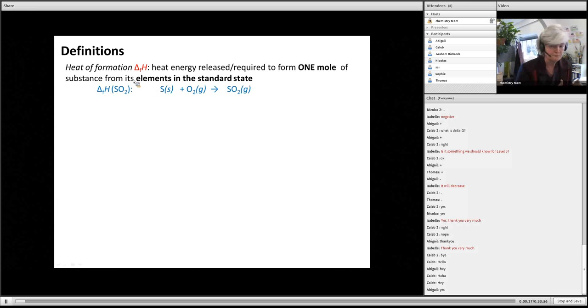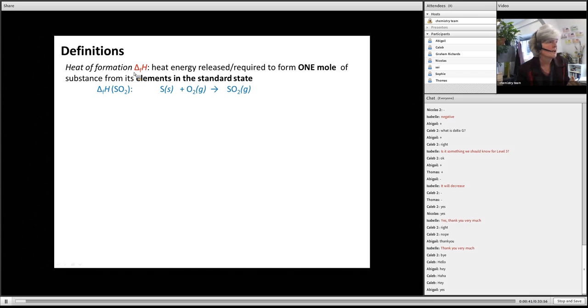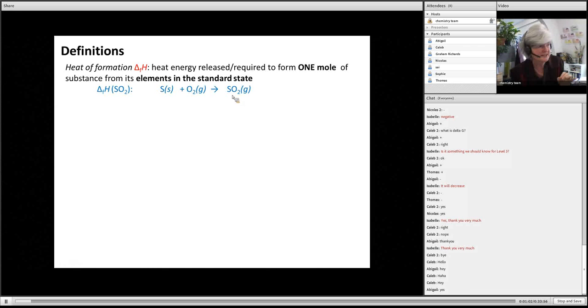So if you're given a delta FH, then you must write an equation where you've got 1 mole of that substance being formed, so it's 1 mole over here, and it has to be formed from its elements. So you can only have elements on the left-hand side and 1 substance on the right-hand side. When you balance it, you may need a half or something like this. So if I wanted carbon monoxide, I would have CO on the right-hand side. I'd have C on the left-hand side, and the standard state for carbon is always graphite, because remember you've got